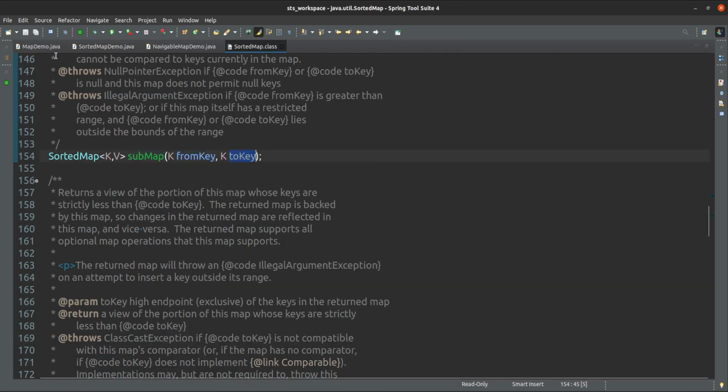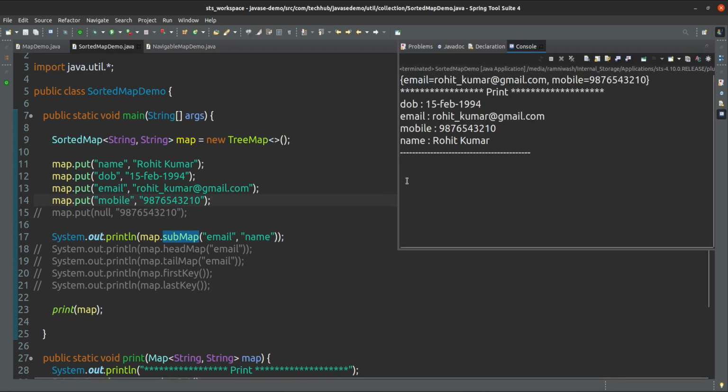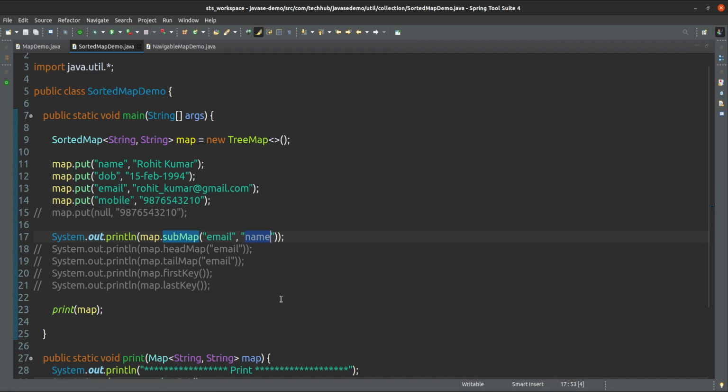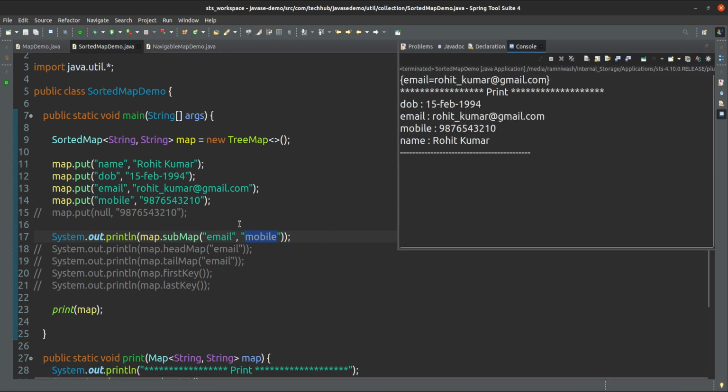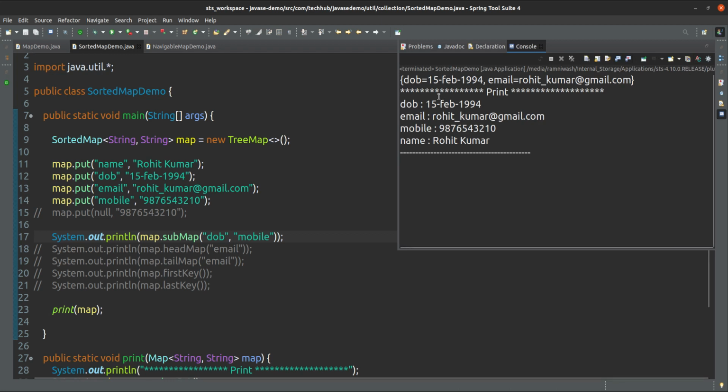Why is it not coming from and to? Okay, I think it is excluding the last one, it is not including it. Suppose you take from date of birth to mobile number, then date of birth and email come, because mobile number is excluded.